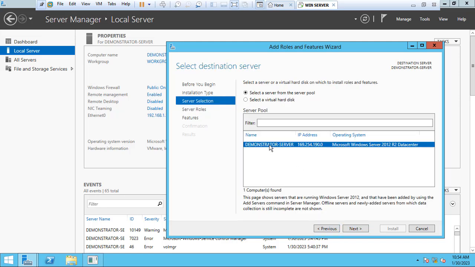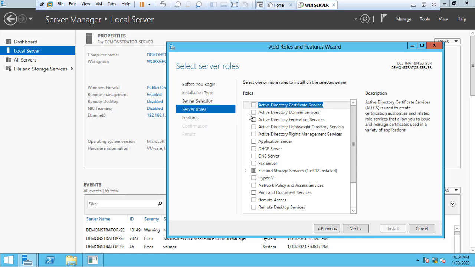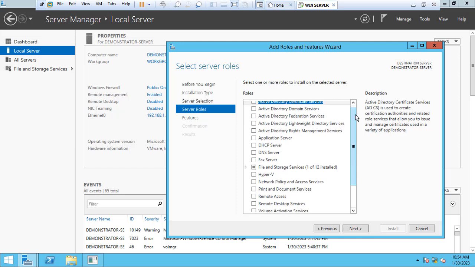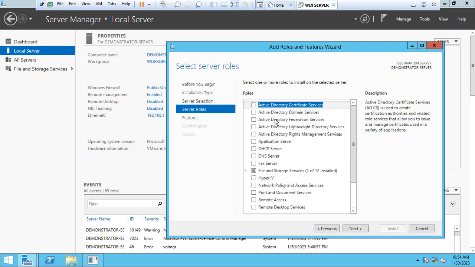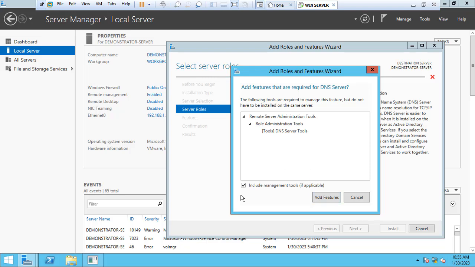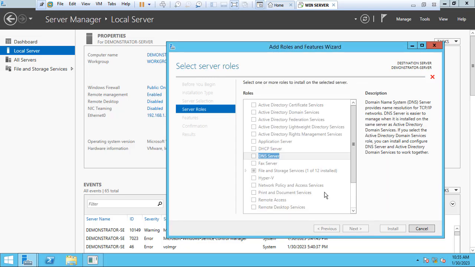So this is the name of my server, the demonstrator server. That is where I want to install the DNS. And these are the roles that you can find in Windows Server 2012 R2, and we'll be looking at some of them this semester: the DNS, the DHCP, Active Directory. Next semester we'll go ahead to look at some others here. Now we want to install the DNS server, so you click in that checkbox, you add the feature, you go to continue,